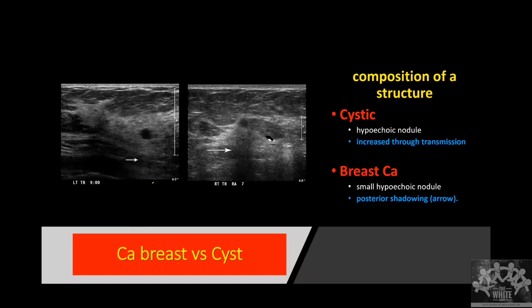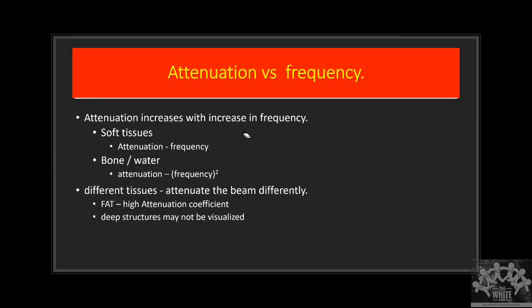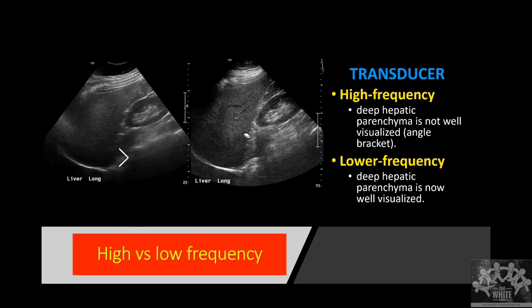Yeah, so that's how you see. Okay, here there is no brighter structure. No, it's not a calcification. It apparently appears like a shadowing, but this is not a shadowing. Normally here there is supposed to be fat, which is not there. So that's why it is looking blacker. But posteriorly there is no whitening, so it is not a cyst. So it is something which is a soft tissue. Okay, so that's a main thing.